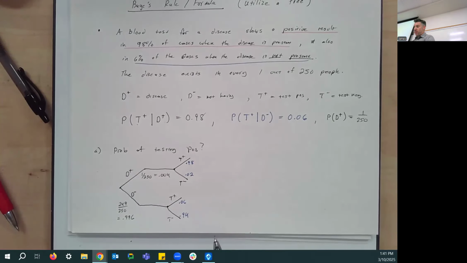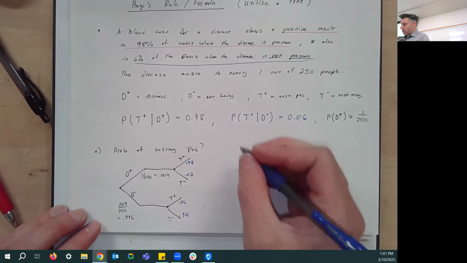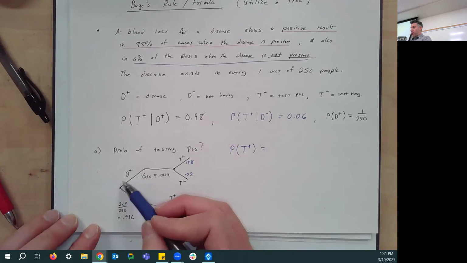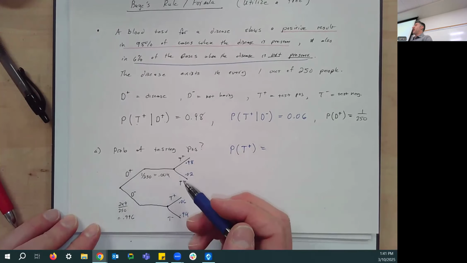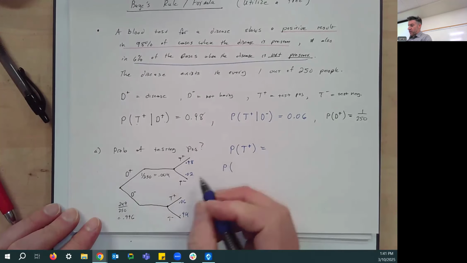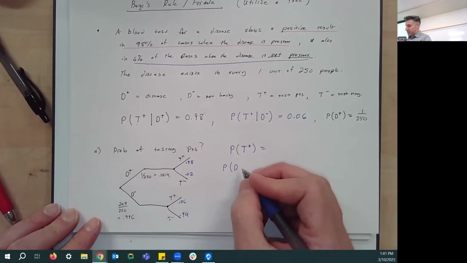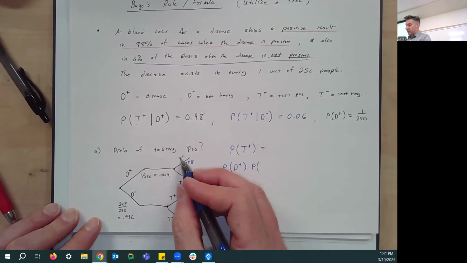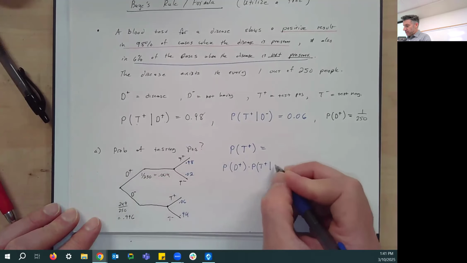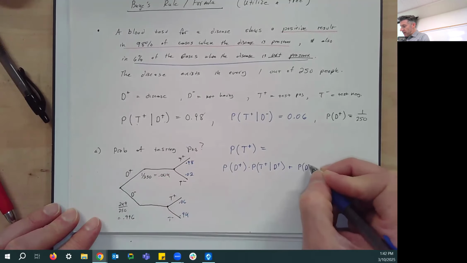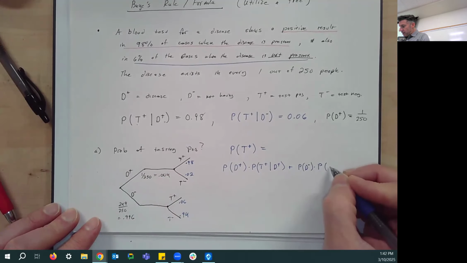To answer the question, probability of testing positive, you just have to follow all the paths that get you to a positive test. So just writing it out, the probability of a positive test is going to be, well, this first branch here, which I would normally not write out the letters, I would just write out the numbers, but I'm going to write the letters here. So it's going to be the probability of first having the disease, but I don't like this notation, multiplied by the probability of testing positive, given that you have the disease. Plus the other path to get you there,